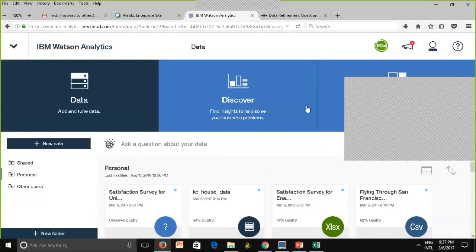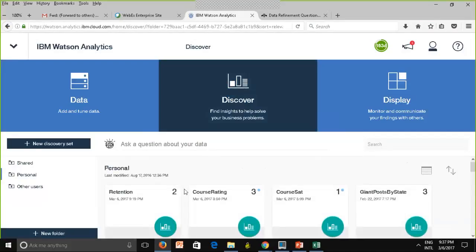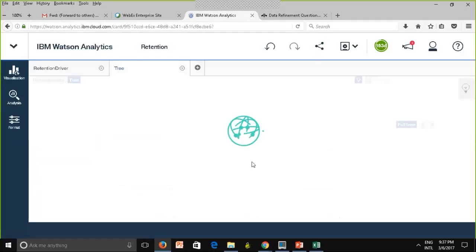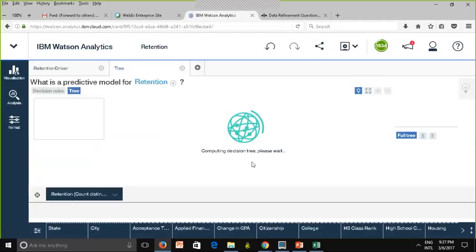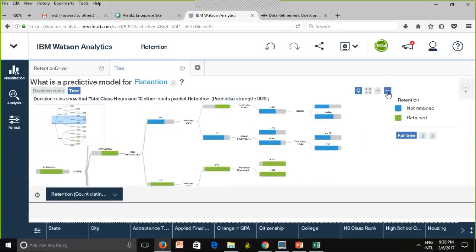Oops, let me go back. Now, I'm going to the discovery, and I'm going to click on here, right? So this is my retention discovery. To submit for the assignment, this is what you could do. So here is a decision tree, and just assume I'm happy with how it looks, right? And I want to submit this for grading, and I want to mail this to my instructor. This is what I can do. I click here,